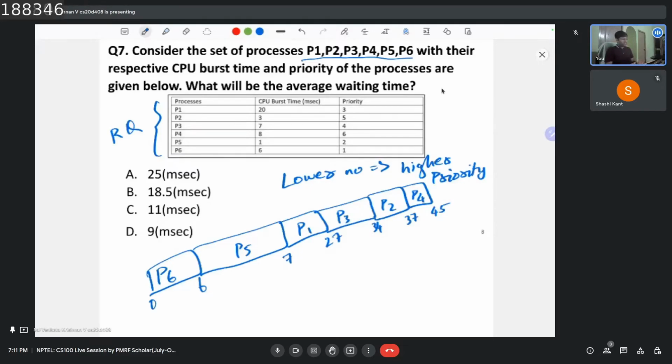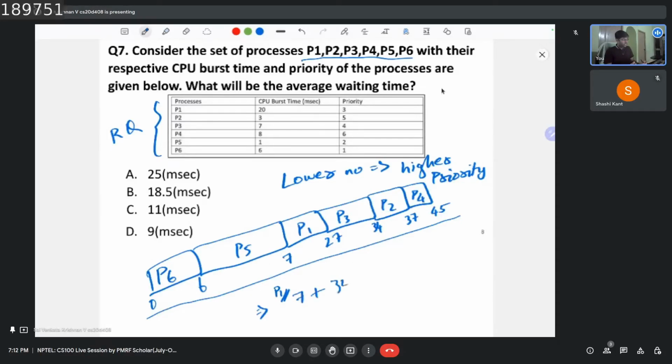Right. So this is the completion times based on the Gantt chart and this priority scheduling algorithm. Now we'll find the average waiting time. So let's start from P1. The waiting time for P1 is it waited for 7 units, and for